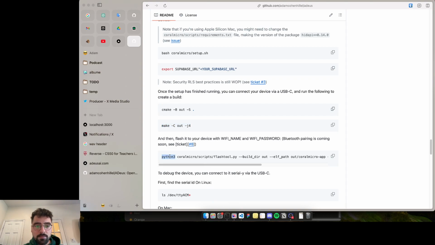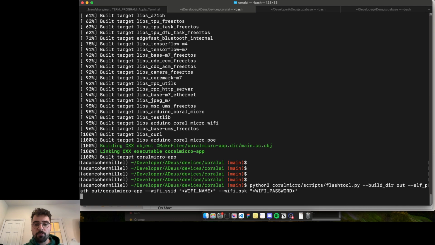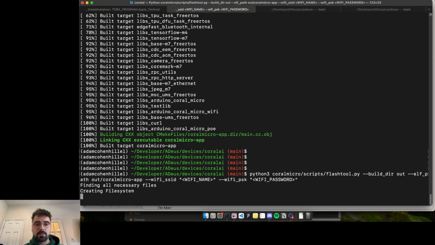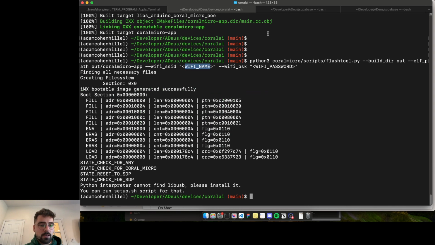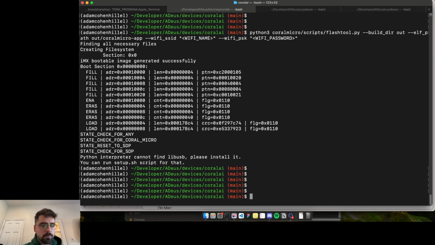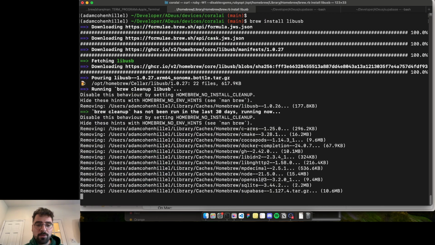And then lastly, you will need to run the flash command here, which will fail, right? Because I did not provide a Wi-Fi name and a Wi-Fi password, but I want to do it. I think libusb will come with the setup.sh that you will run, but yesterday for some reason I was super tired and I deleted libusb. So yeah,